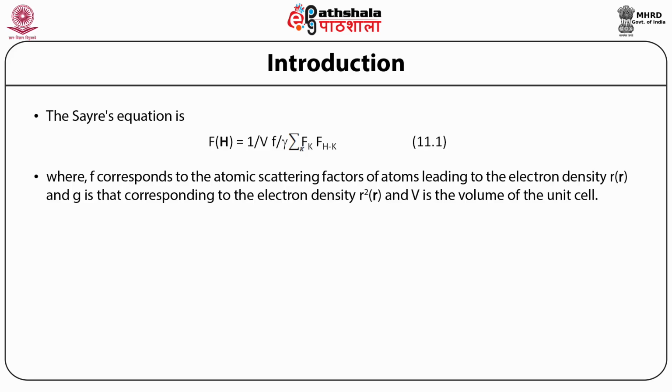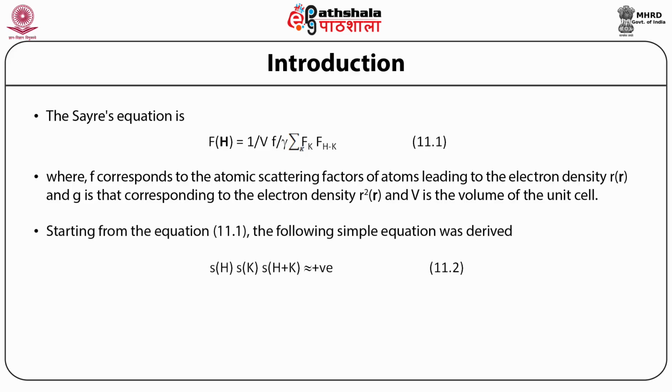Now you assume another density where these numbers are squared, that is called rho square of r. Definitely this density will not be coming from f of j, but because of some other term gamma. So that is called the difference. Such a factor corresponding to electron density depends on little f, and corresponding to the squared electron density, it is a function of gamma. Now, starting from this equation, we can derive a simple equation called